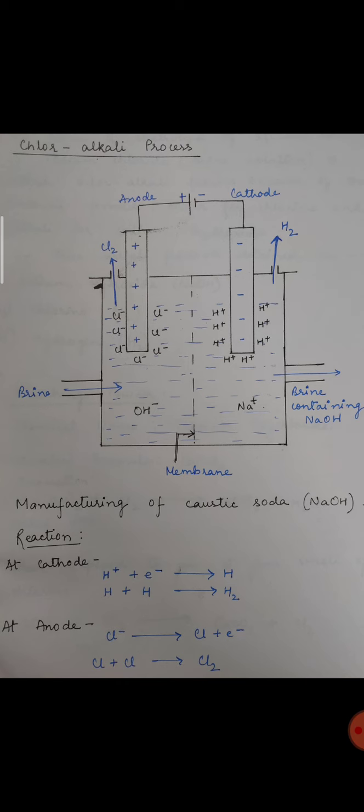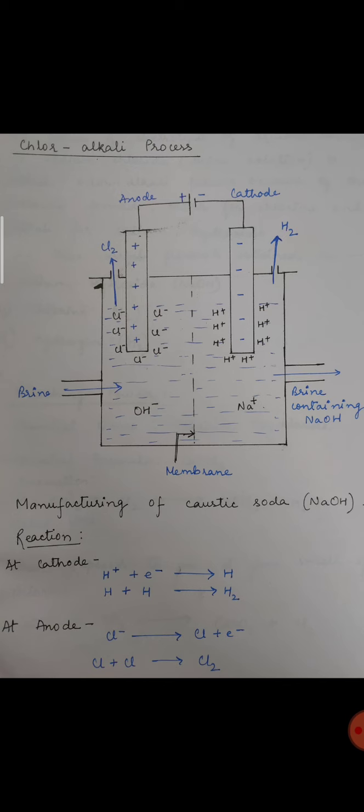So you don't have to complicate things or get confused, because you only have to understand that in the chloralkali process there are three products. The main product is NaOH, sodium hydroxide, and to manufacture sodium hydroxide only we are carrying out this process. But the other two products, which are byproducts, chlorine gas and hydrogen gas, are also useful. So in this process we are getting in total three products, which are NaOH, chlorine gas and hydrogen gas. And how are they getting formed?